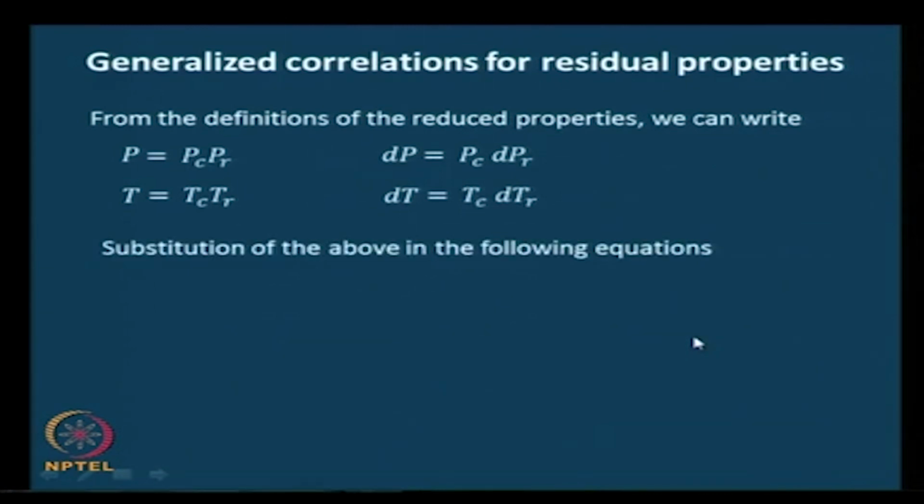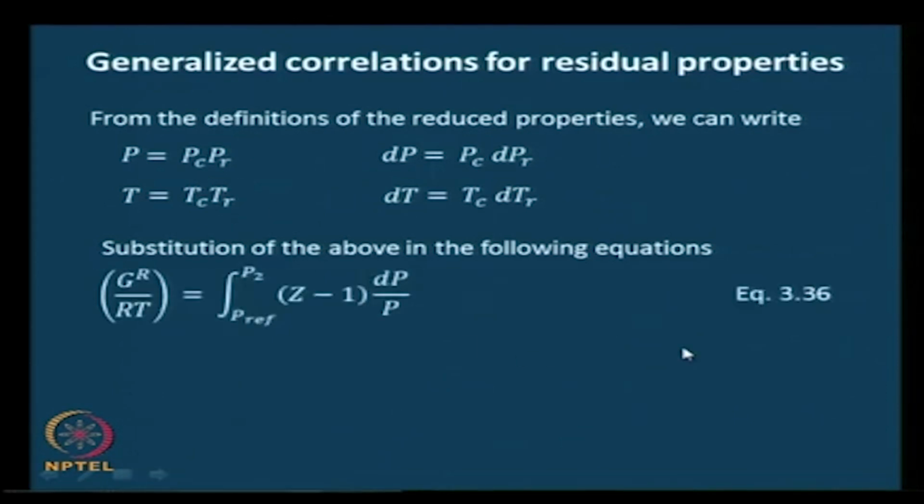In the last class we were in the middle of developing generalized correlations for residual properties, and we said from the definitions of the reduced properties we could write the actual pressure as the product of critical and reduced pressures, and therefore the differentials. For example, the differential dP can be written as Pc, a constant, times dPr. Similar things could be done for the temperature, and if we substitute these values in the three equations that we